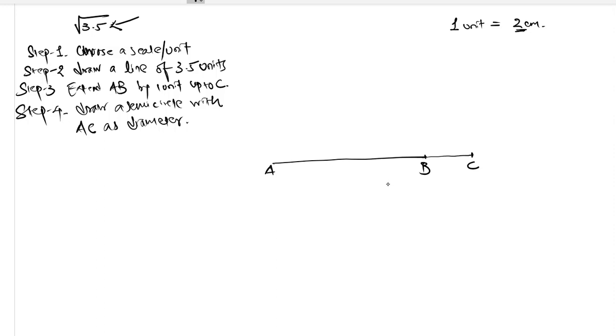And for finding the midpoint, what you'll do is you will draw the perpendicular bisector of AC. For drawing the perpendicular bisector of AC, keep the point of the compass on point A, take more than half distance, draw an arc over here, then keep the compass point on point C, draw an arc over here, and then simply join these two arcs by a dotted line.